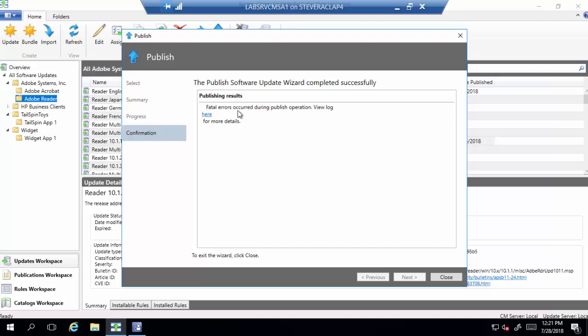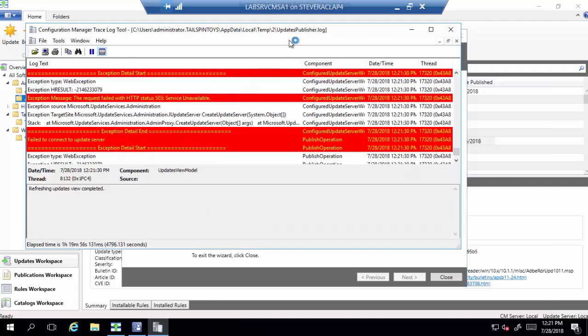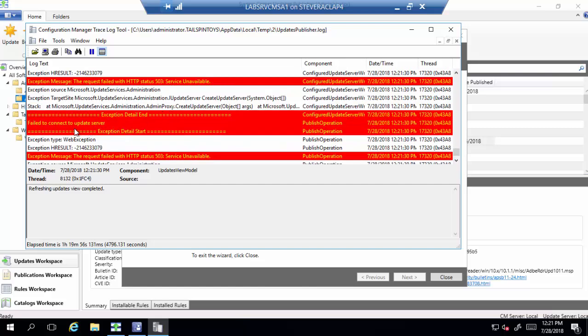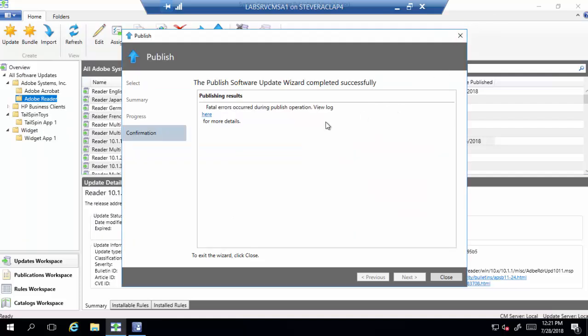Right, fatal errors. That's what I was hoping for. View the log here. So this is the update publisher's log, and it's going to go through and tell you exactly what happened. And in this case, failed to connect to the update server. This couldn't get to the vendor for whatever reason, and that's fine. I don't care. That's what I was hoping, just to show you this log,